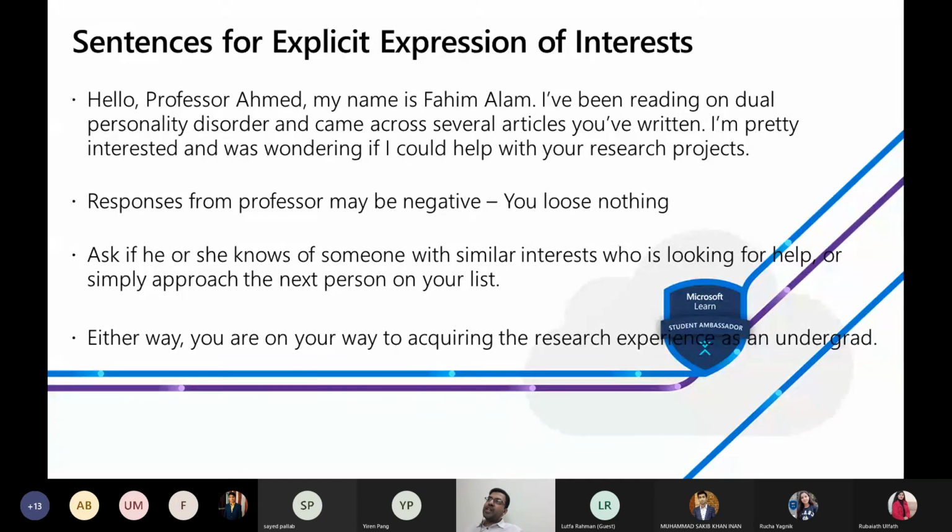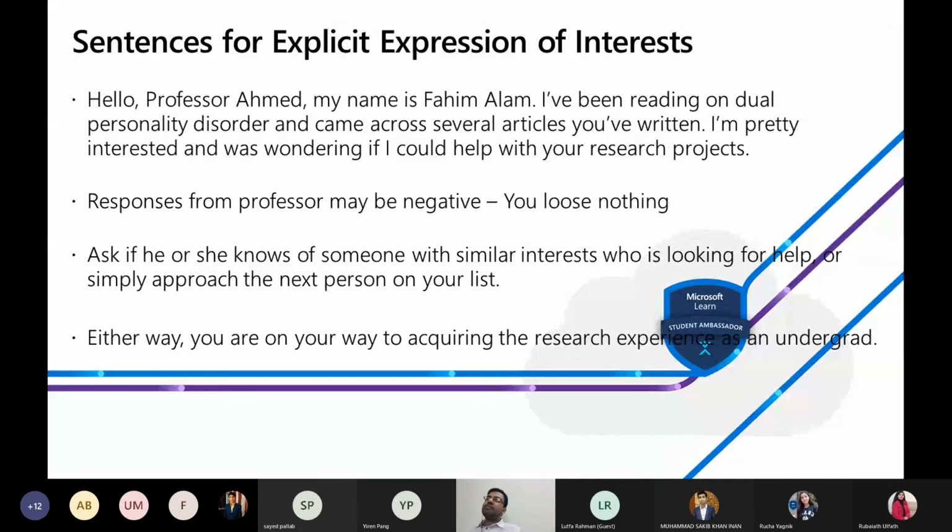Before going to his or her office, try to know if that person has a project continuing, because do not waste time on people who do not have any research project going on. Because why? Come on. If you find people who have a research group, who have several projects going on, the possibility of finding opportunities from that person will be higher. So select someone who has work for you.